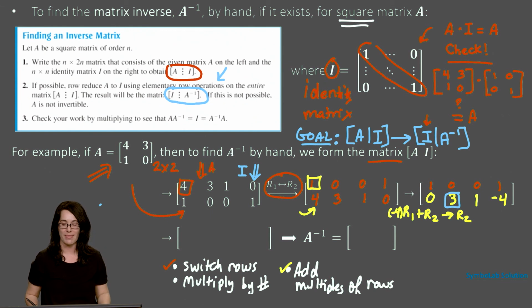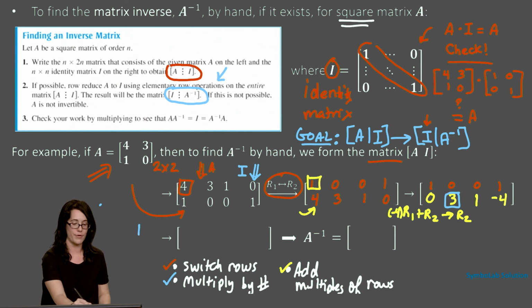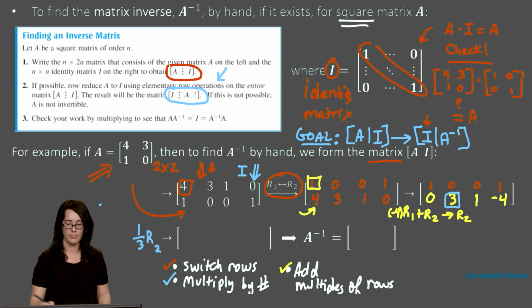So how could I make that happen? What could I do here? Well, I could multiply a row by a number, couldn't I? I don't always use all of the row operations, but I think it's fun that in this case we did, didn't we? I could multiply row 2 by the reciprocal of 3, which is 1/3. So if I took 1/3 times row 2 and put the result into row 2 right here, let's see